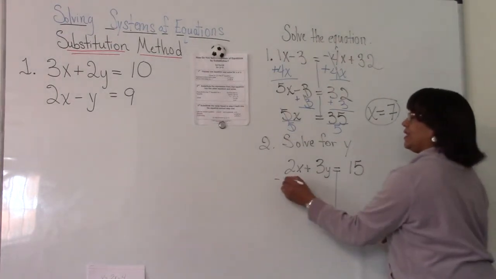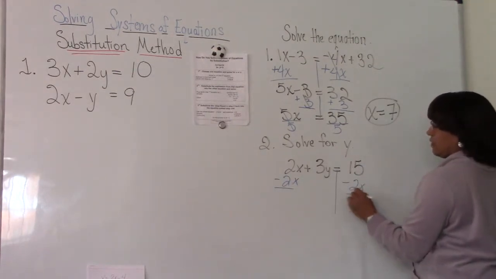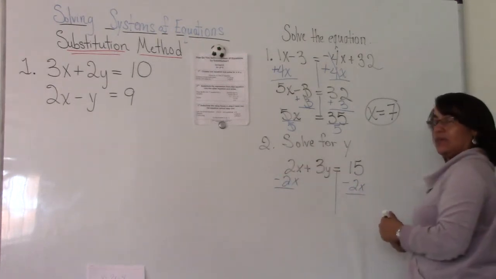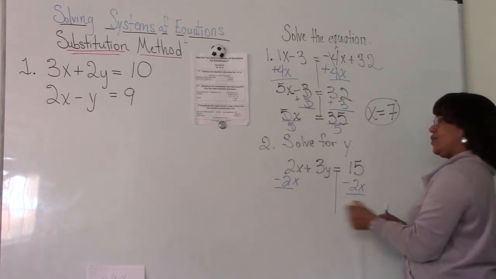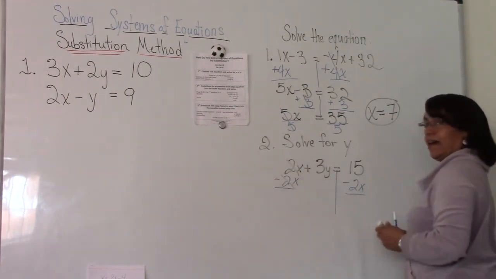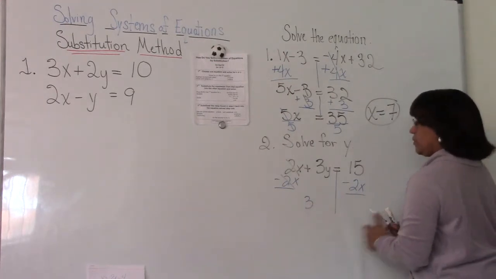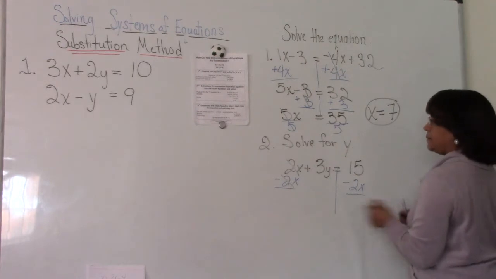Okay, so we need to move 2x. Subtract 2x from both sides of your equation to keep it balanced. 2 minus 2 goes to 0, which is what you want. If you put plus 2 on both sides, you end up with 4. So you wouldn't end up moving the 2, but you'd end up making it higher. So that's how you know what to do. So we're going to have 3y, and keep the color code going. 3y